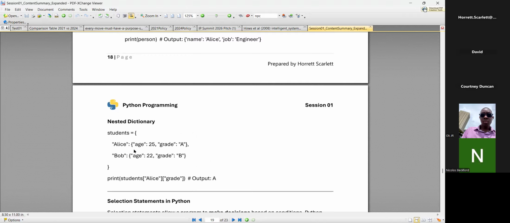But Alice is also associated with a dictionary where we're storing the age of Alice and Alice's grade. She got an A, bright girl. We're also storing the age for Bob, who is 22, and he happened to get a B. And just to round out things,